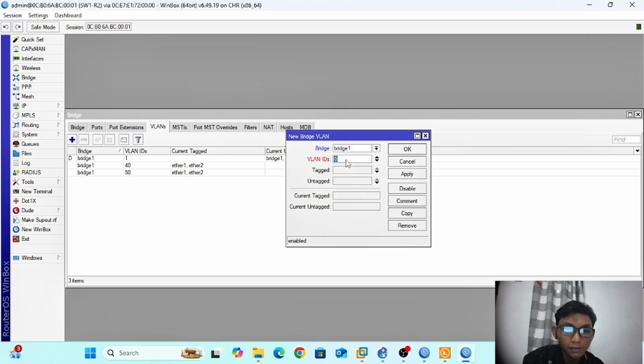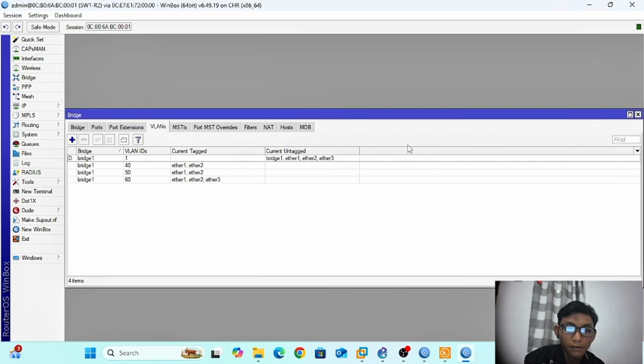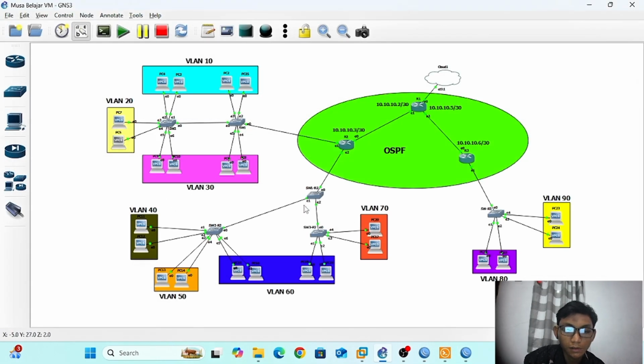And 60, this is ether 2 and ether 3, apply, because VLAN 60 is on switch 2 and switch 3.